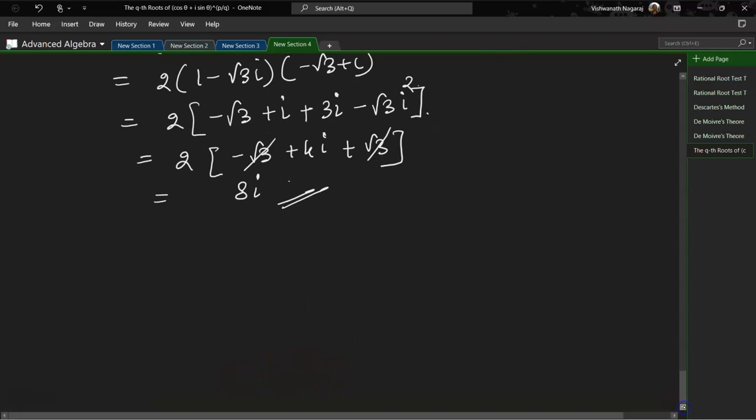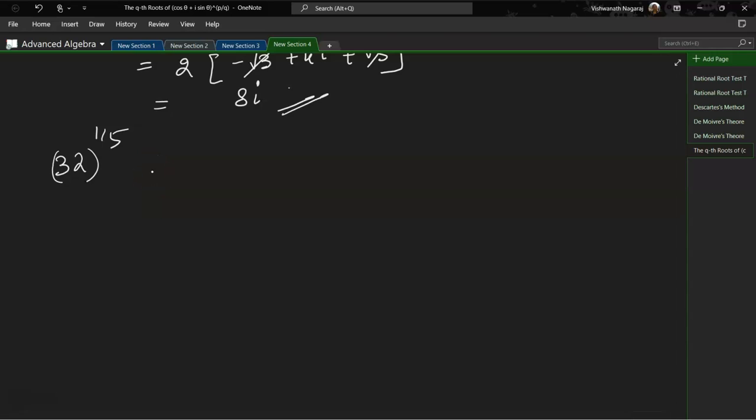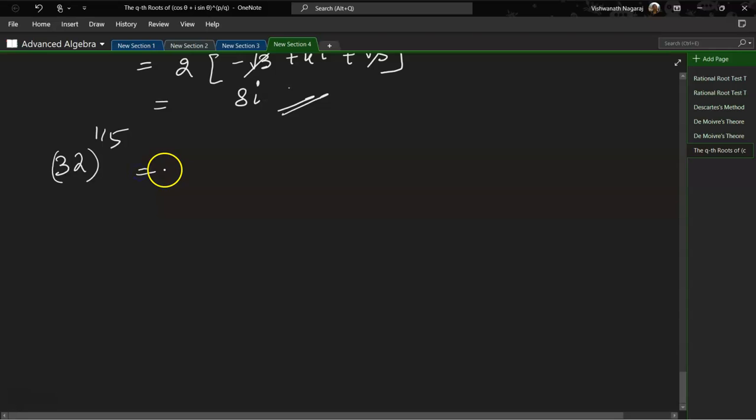Okay, now you might be wondering, we are just looking at straightforward examples of roots of complex numbers or minus 1. So let's try to figure out the fifth root of 32, and we need 5 roots, right? Straightforward, we know one of the roots is going to be 2, since 2 to the power of 5 is 32. But let's follow this particular method and see how we can figure it out.